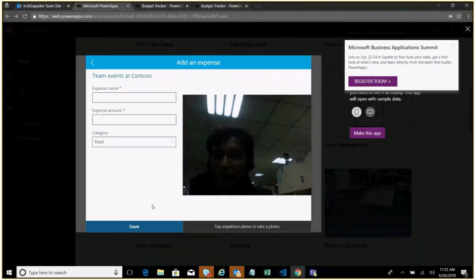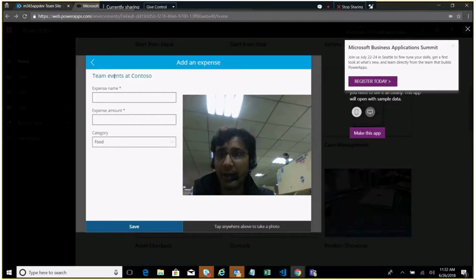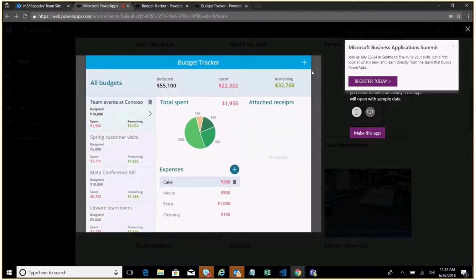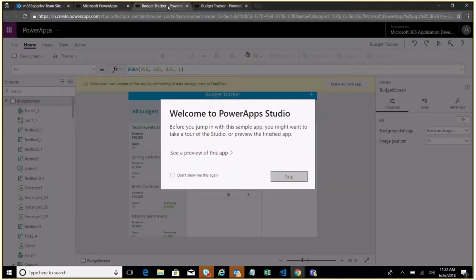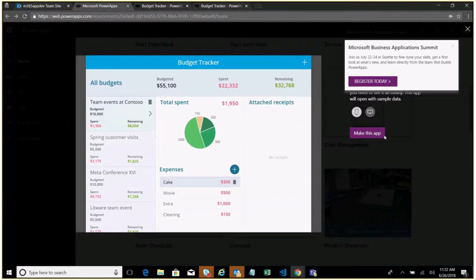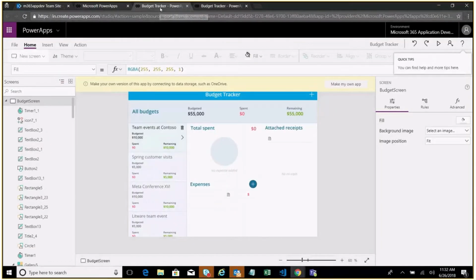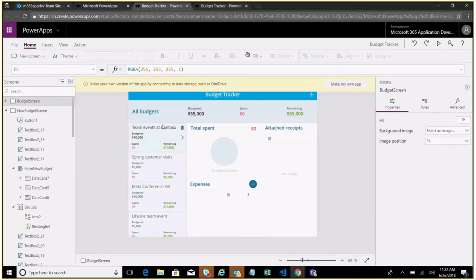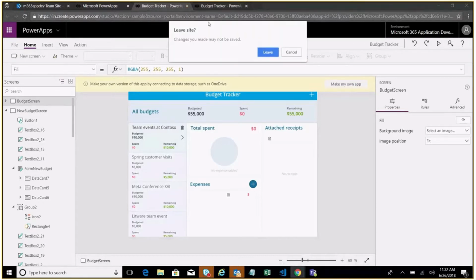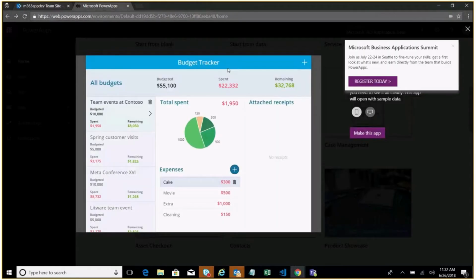Camera setup, if I click on allow, so there are different things that you can do, and these are applications which are already built. If you want to edit them, I had clicked on editing it when I said make this app. So all these applications are directly built. You can customize it according to your need, however you want, or you can start by understanding how they work. Okay, so let's go back, close it,